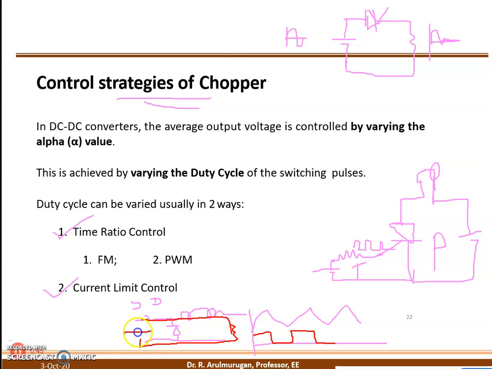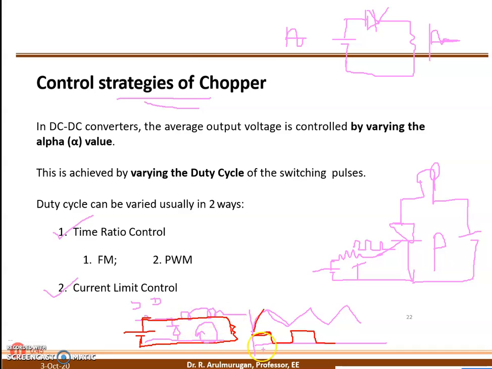Okay, you are going to give the power supply. So mode 1 is: inductance is charging, switch is closed. Whatever the input voltage, the same value is coming as the output. Okay, so in the mode 2 condition, what will happen? The inductance is getting discharged. The switch is open, and the current flows only through this path.